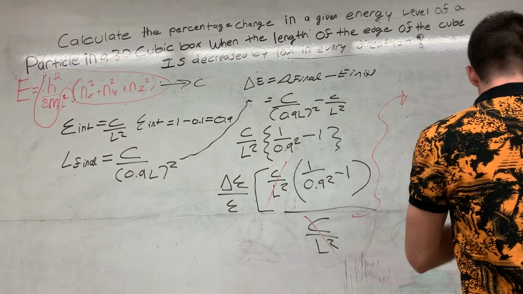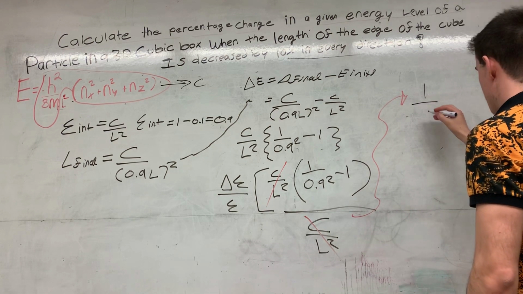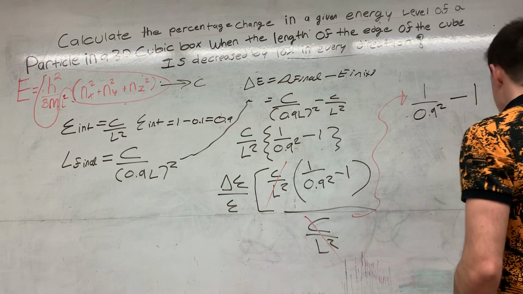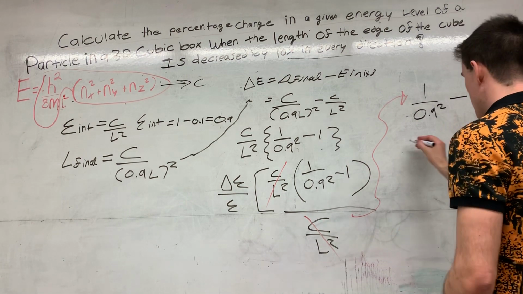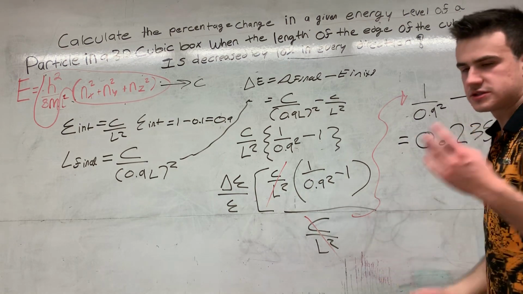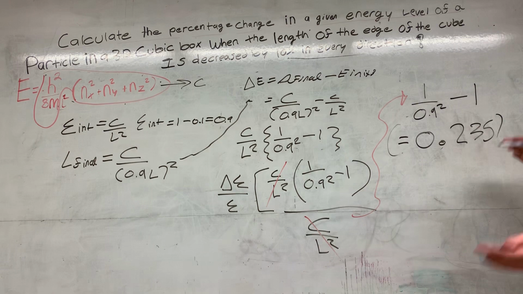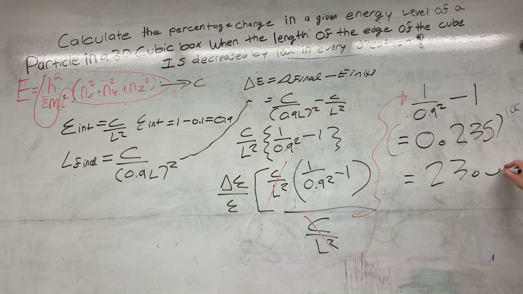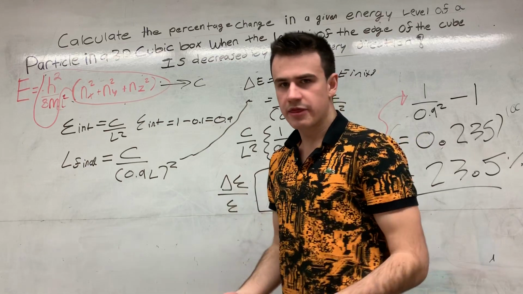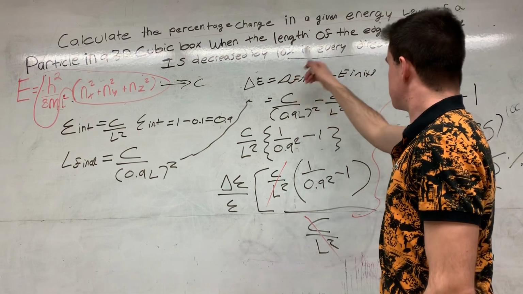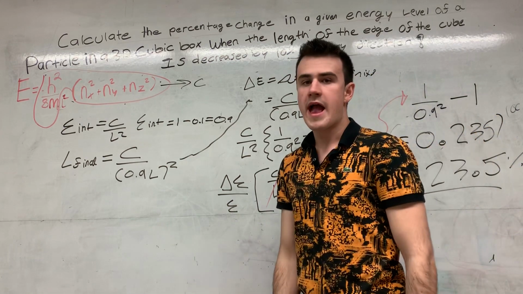And now we will simply end up with 1 over 0.9 squared, subtract 1. And if you do the math, plug it in, we will end up with 0.235. Now, to find the percent, multiply that by 100, and we will simply end up with 23.5%. So when we have a particle in a three-dimensional cubic box and we decrease the length of the edge by 10% in every direction, we will get an overall energy change